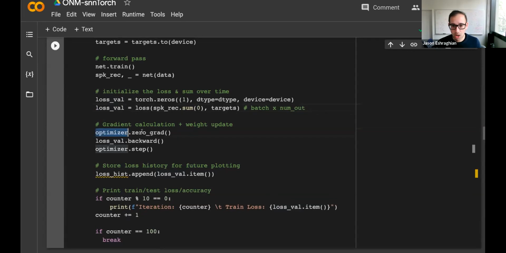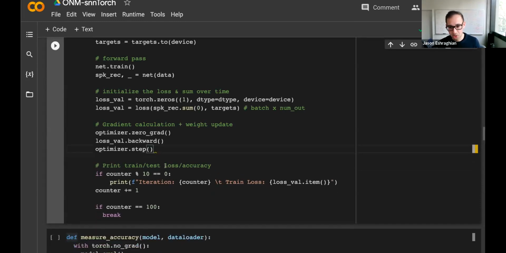Then optimizer, so we zero out our gradients. This is just boilerplate for training a model. So we zero out our gradients. We run our backward pass to calculate the new gradients, and then optimizer.step will do the actual update using said gradients. I deleted this, but best practices, you'll want to keep track of your loss. I don't want to do that because I'm in Colab, and I want to print out my loss or some metric. So I'm just saying if my counter, so for every 10 iterations, I'm going to spit out what iteration I'm at and the value of my loss.